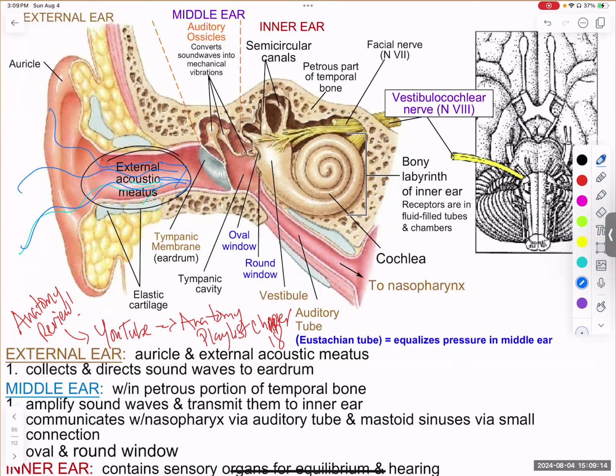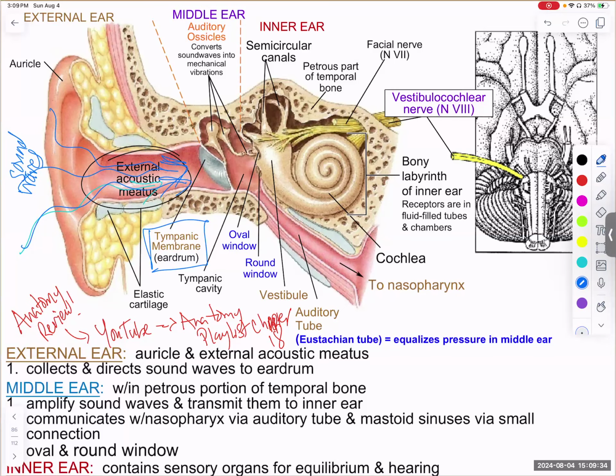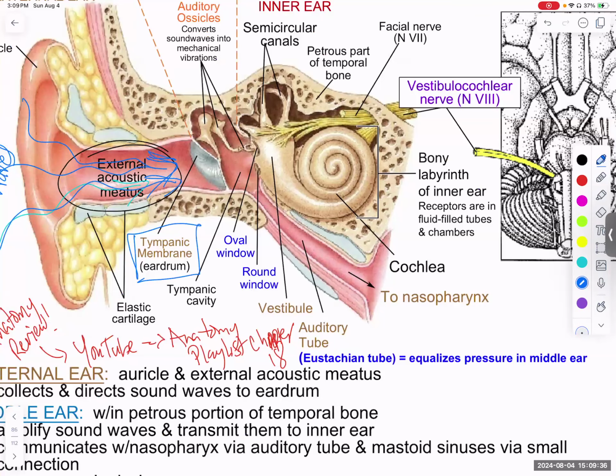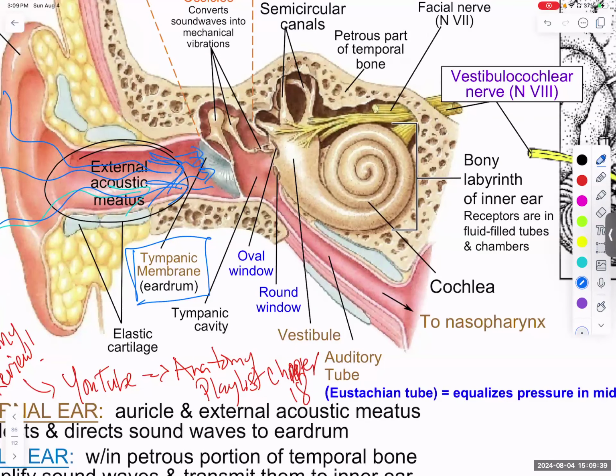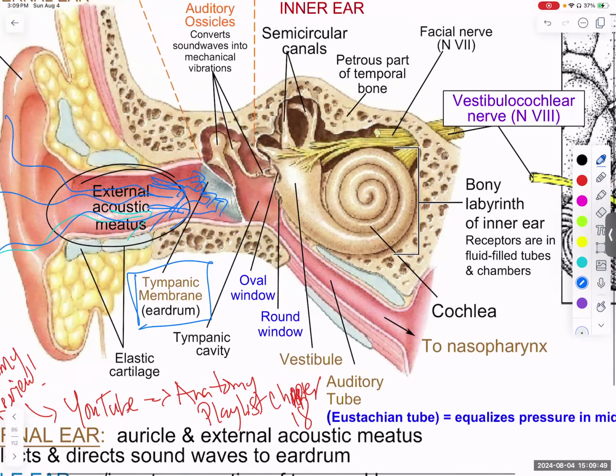So like light waves, sound also is wave energy. And those sound waves are going to be funneled through the external acoustic meatus, and they are going to hit the tympanic membrane. Tympanic membrane separates the external ear from the middle ear. And we call it the eardrum because these waves hit this opaque translucent membrane that's sealing off the external air from the middle ear, and it's going to vibrate that tympanic membrane, which is also attached to the auditory ossicles,